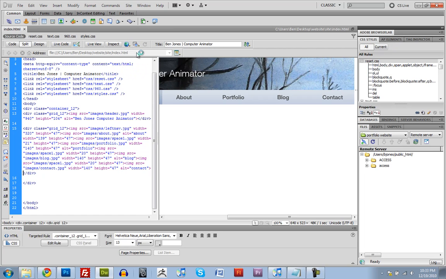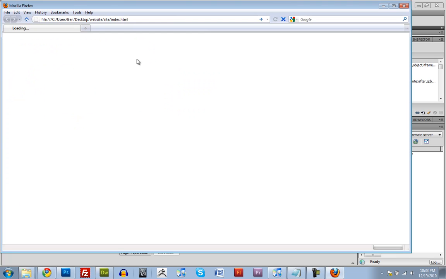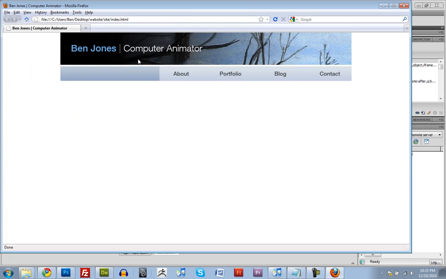It might take a second here because I don't have Firefox preloaded, but this is going to tell us if we did things correctly. And I have a feeling that it's not going to show up correctly. And I think I know why. And I think it's an easy fix. So wait for Firefox to open up. Yeah. See, this is what I was thinking. It created a little bit of a space in here, and we can fix that really easily